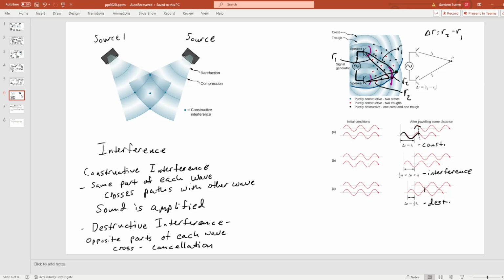Now, in practice, this is very slight, but if you had really, really long cables, then you